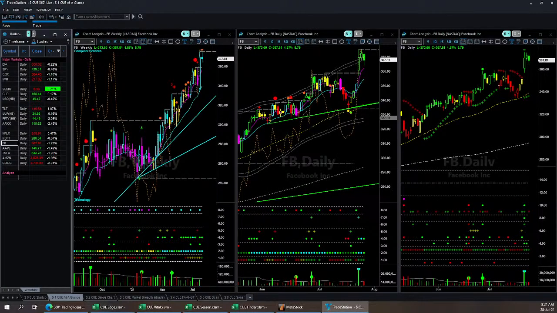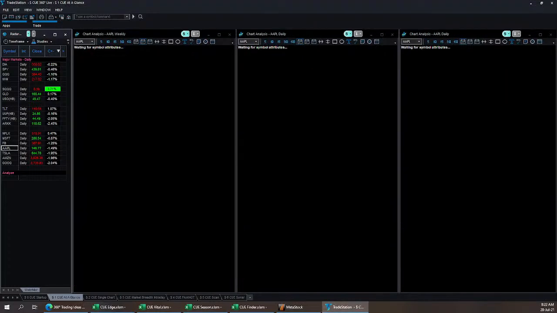Facebook was and continues to be very strong. There is no reversal setup, no reversal signal also in the daily chart. It is too high in the price pattern at the upper boundary and overbought to take a long trade, but it is probably one of the most bullish mega cap tech stocks. Apple,